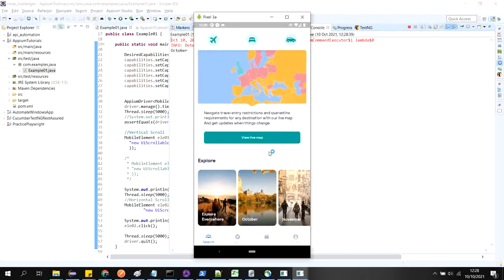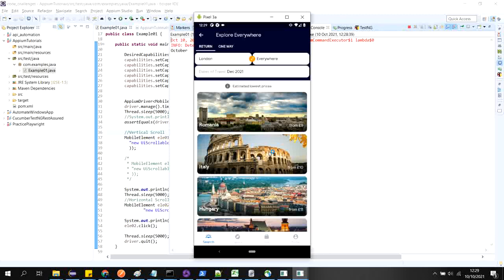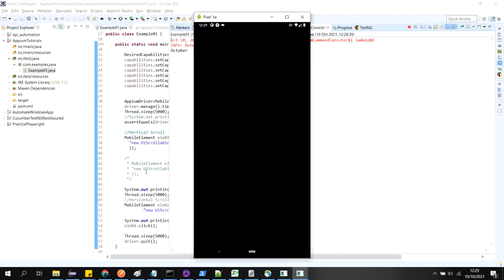You guys can see that it is performing the scroll. After that it will do the horizontal scroll. I'm coming to this part, how I have written this horizontal scroll part.